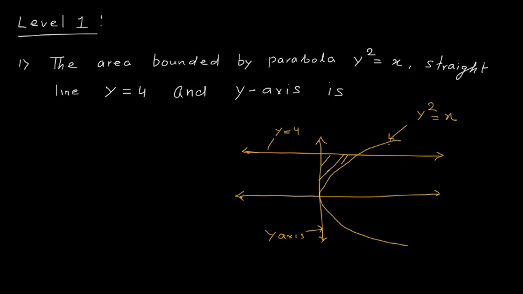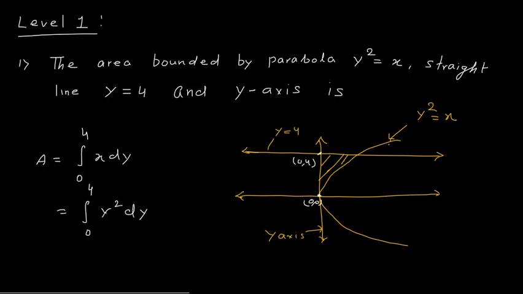Now as we have to find the area between the y axis and the curve, we will use the formula area is equal to integration of x dy. Now x is y square, and for the limits, here the value of y is 0, so this is 0 comma 0, and here y is 4, this is 0 comma 4. So the limit of y is from 0 to 4. This is equal to integration from 0 to 4 of y square dy, converting x in terms of y.